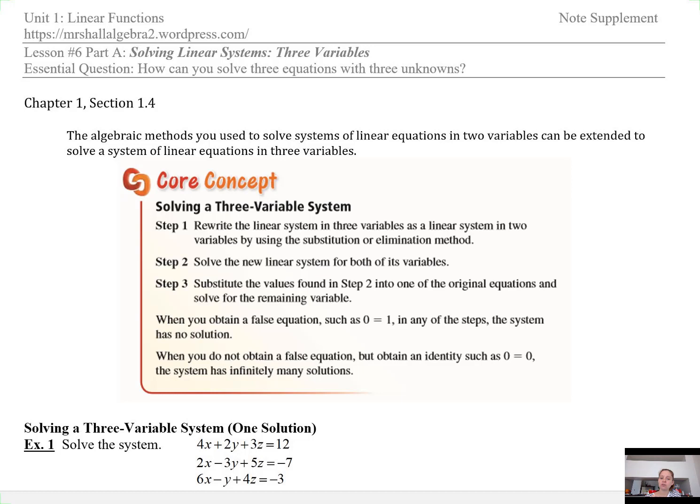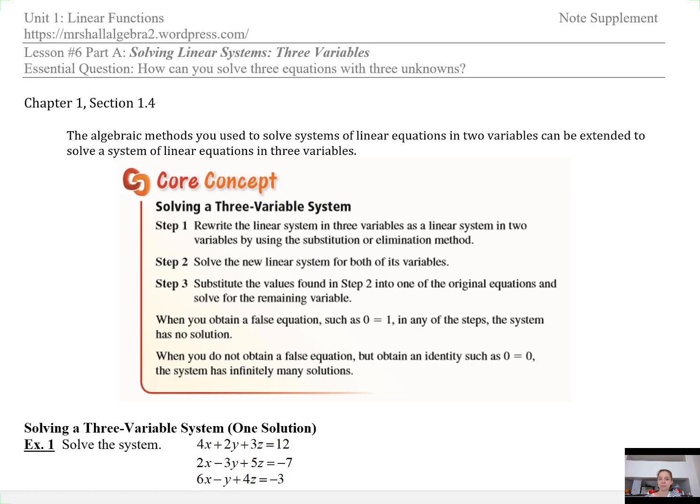The algebraic method you use to solve systems of linear equations in two variables can be extended to solve a system of linear equations in 3 variables. Here are the steps we'll be using. Step 1. Rewrite the linear system in 3 variables as a linear system in 2 variables by using the substitution or elimination method. Step 2. Solve the new linear system for both of its variables. Step 3. Substitute the values found in Step 2 into one of the original equations and solve for the remaining